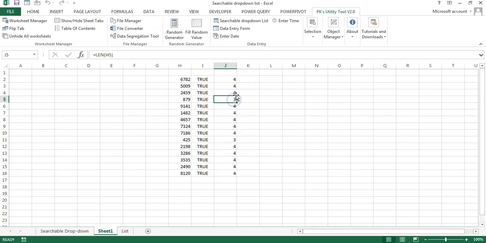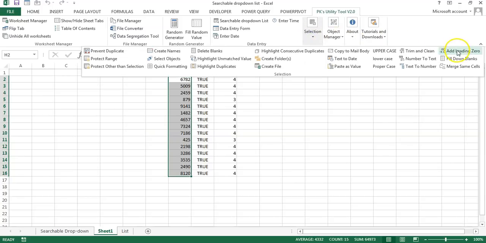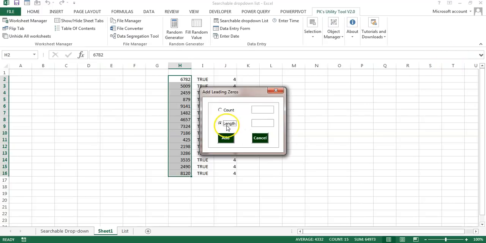Okay, so we have 3 here, 3 here, 4 here. If we add 3 leading zeros, then it will be 6 and 7. But we want to make all of them 7. Wherever required, add 3 zeros. Wherever required, add 4 zeros. How can we do that? We can go to this selection, add leading 0, and this time we will choose length.